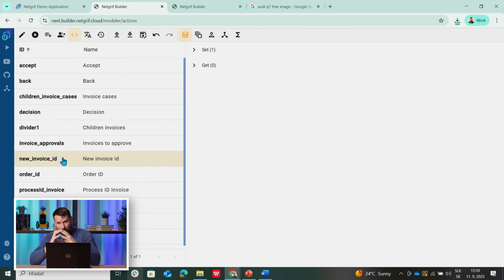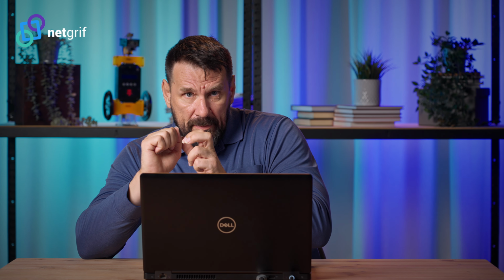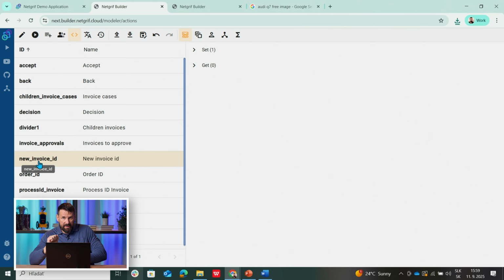And actually what I will do, if I am in the invoice and if I am choosing one of the orders to be my parent, in that moment when I will finish this registration, I will take the ID of the invoice and send this ID as data, setting this variable, saying, okay, I'm a new child of this order. And this will trigger a set event